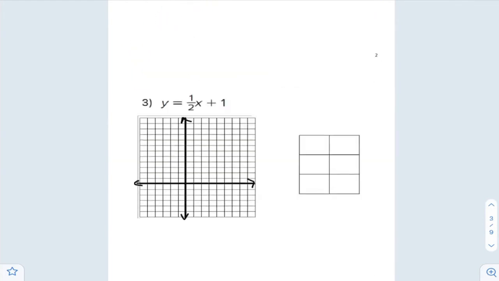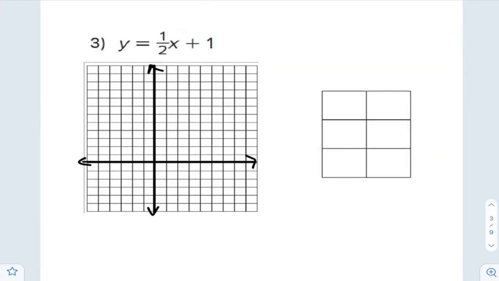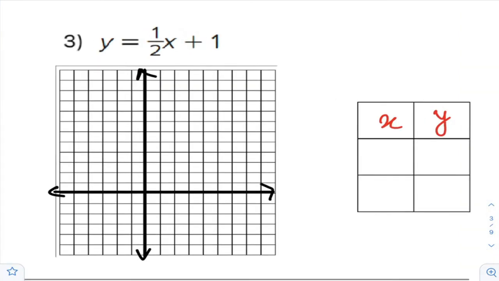Okay. What if you now have an equation including a fraction? Half x plus 1. Is it easier to assume any point for x? We want to assume values for x and y. But what are the suitable values of x? Which are the best values to use? Now the zero, the zero will not affect. You can assume x is 0.